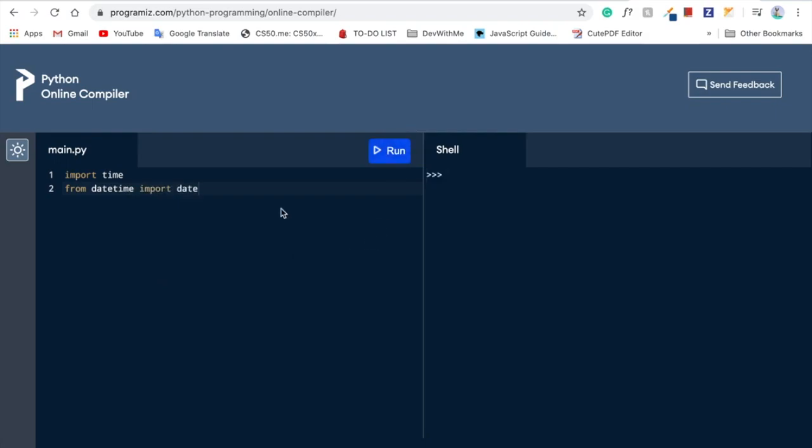Okay, so these two are the default modules. Don't worry about installing them. So first we're gonna get today's date, and this is gonna be today equals date.today. And now if we print out today, we will see today's date printed out